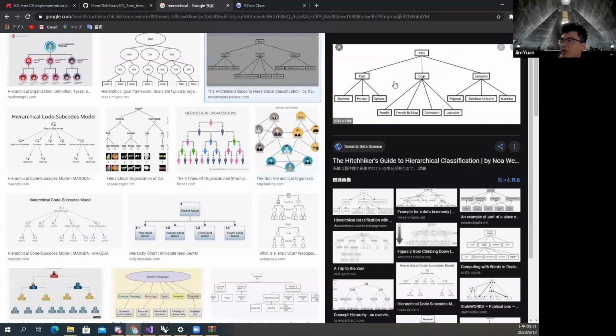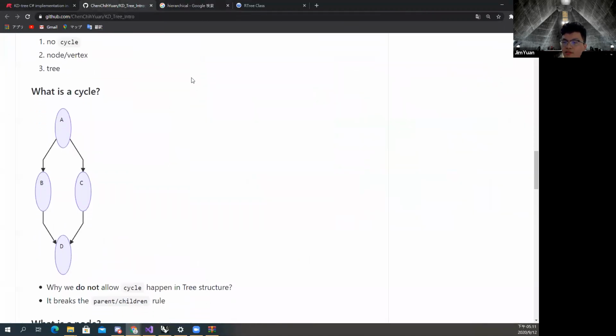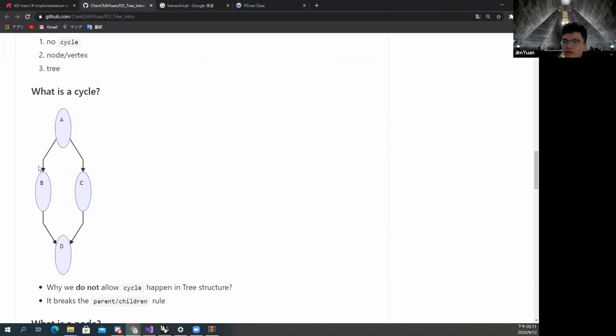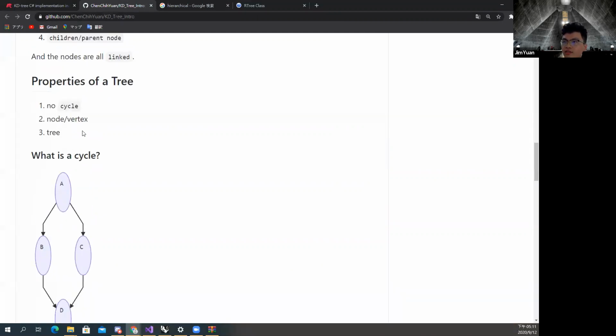So the important thing about a tree structure is that you will always know who is, say, the grandparent of one big family. Can everybody follow this idea so far? So one thing I think is very important here is that to construct a tree, we should guarantee there's no cycle inside this data structure. And secondly, we have nodes, the so-called vertices,